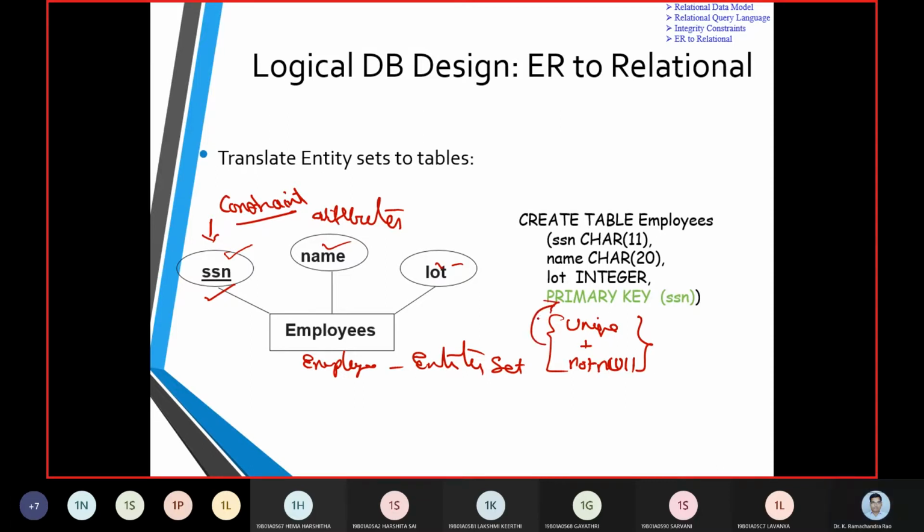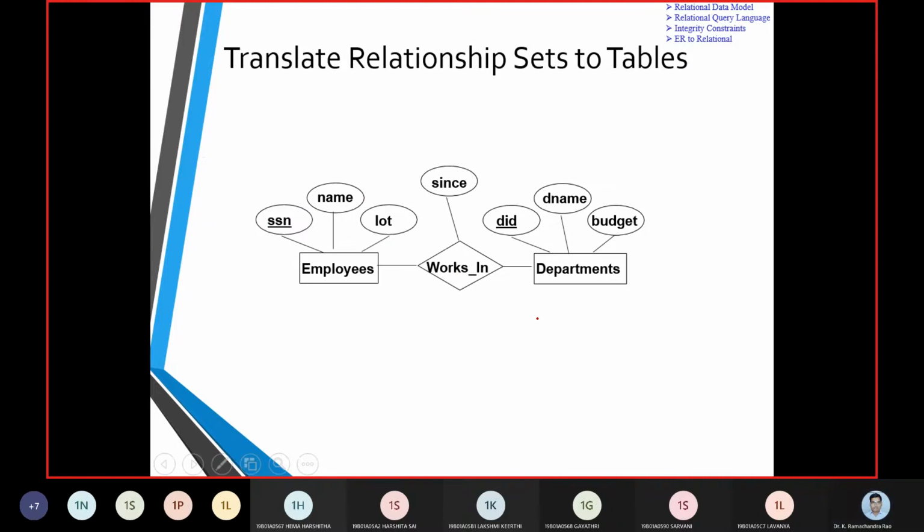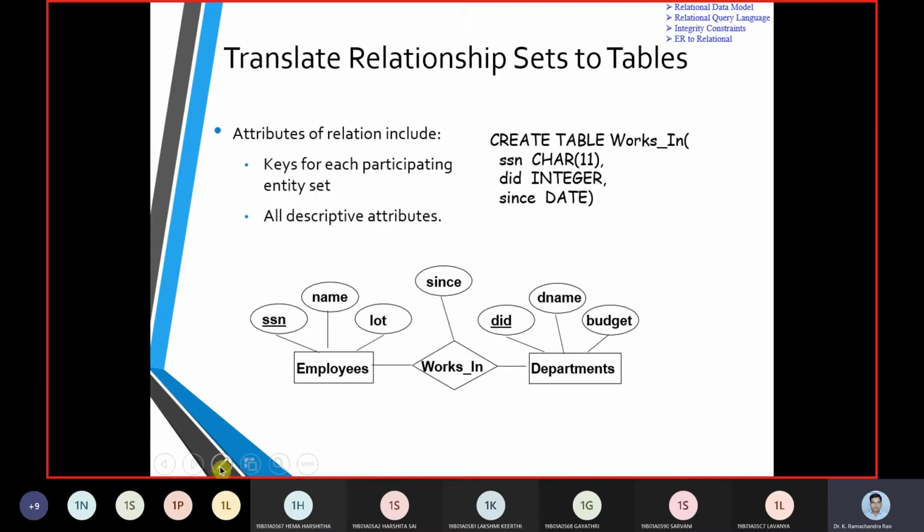That is given to the primary key. The second type of relation we need to translate is the entity sets. How are they going to be translated?